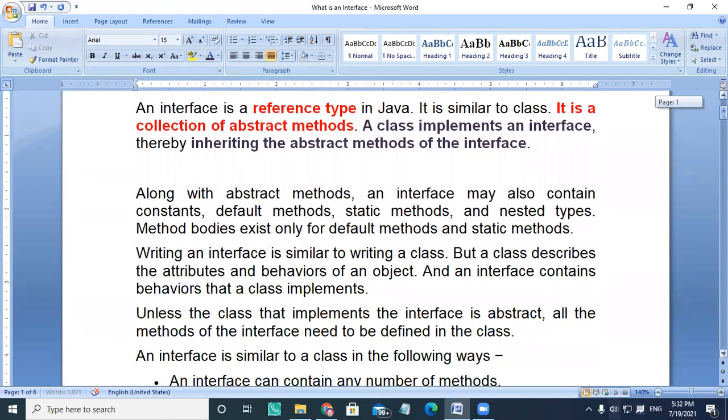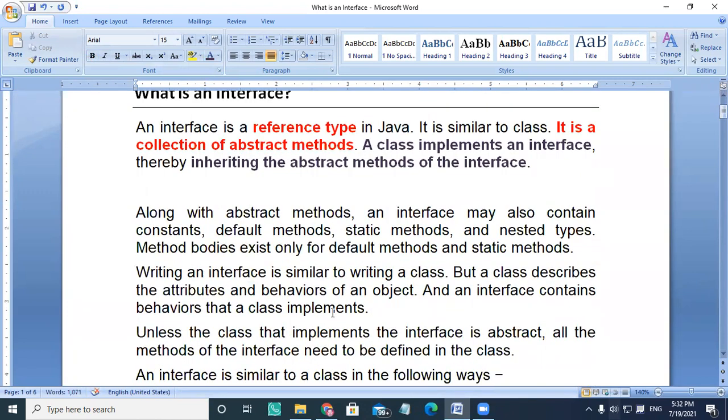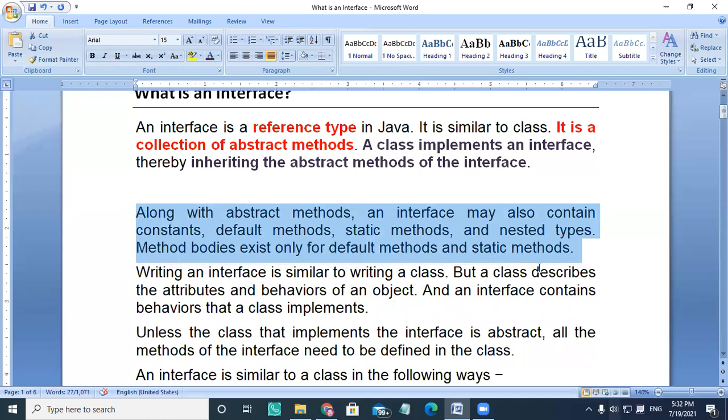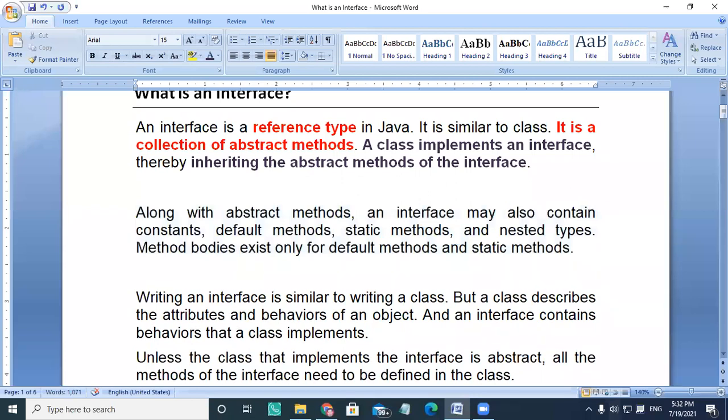So why do we require an interface? What is the actual use of interface here, and how is it different from an abstract class? If we have an abstract class with abstract methods, and all the other concrete classes are inherited from that abstract class, we also call that abstract class a polymorphic class, where we can form n number of forms from that class, which we already learned in the last session.